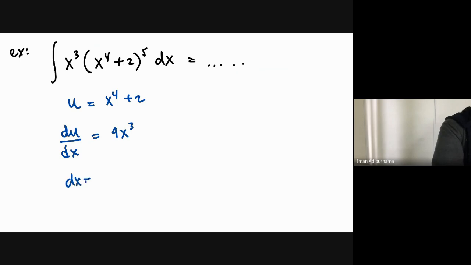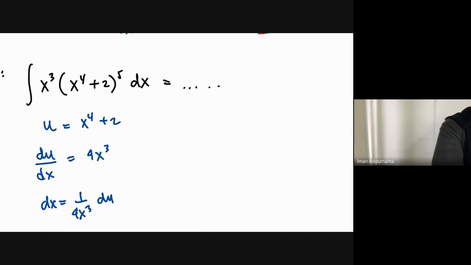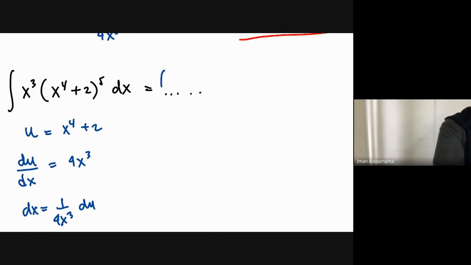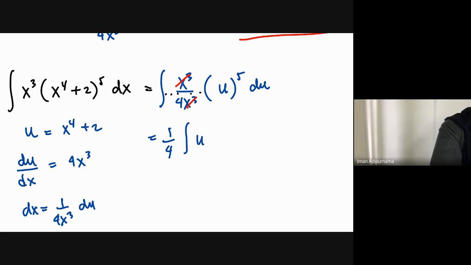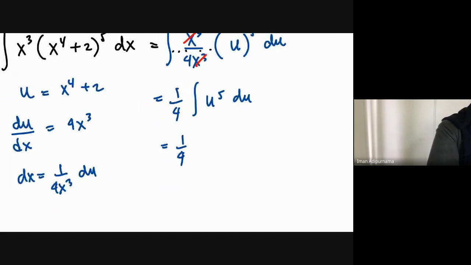So we can have this dx, okay? And then we can cancel this and write down 1 over 4, this is u to the 5 du. And u to the 5 we can directly integrate with power functions. This will result in